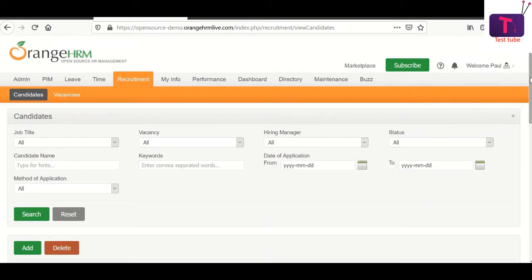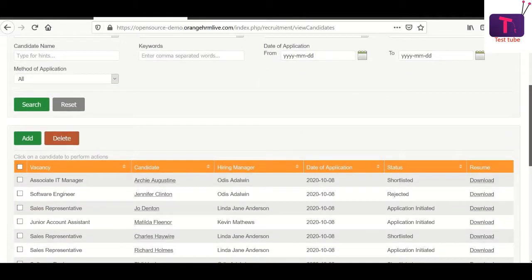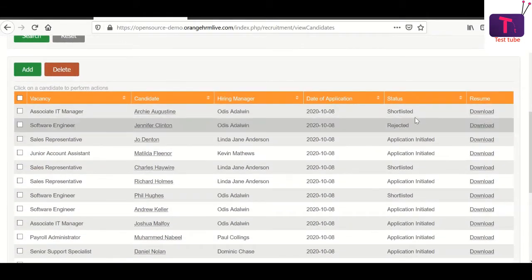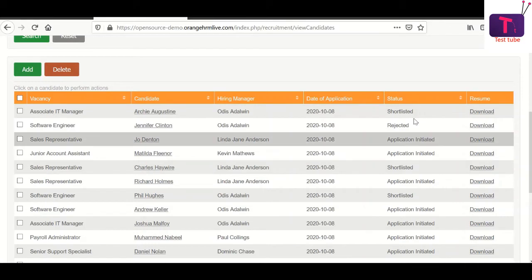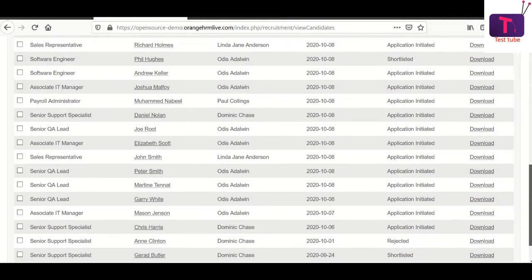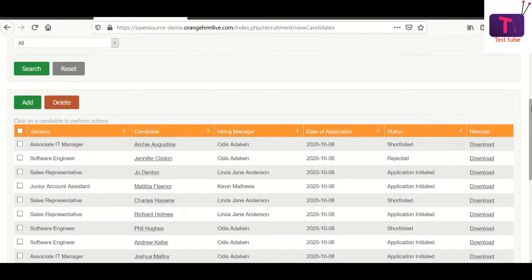So in order to do this, what you fundamentally need is, we are talking about a list of objects, right? It's not one object we are verifying. In functional terms, we are verifying a list of candidates who are shortlisted. That means I am looking for objects with the text shortlisted, and there are multiple objects. So how do I do this normally in Selenium?